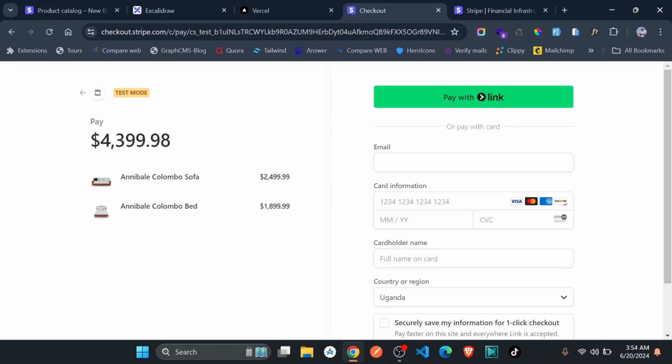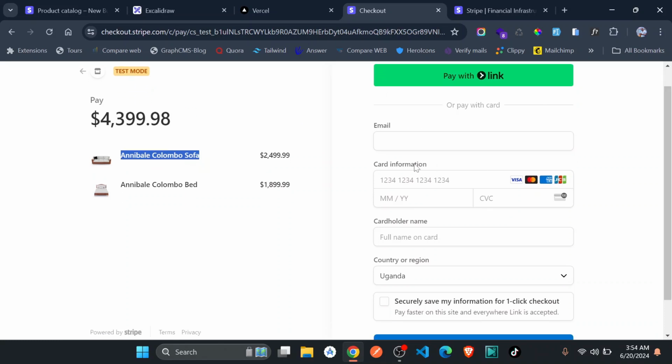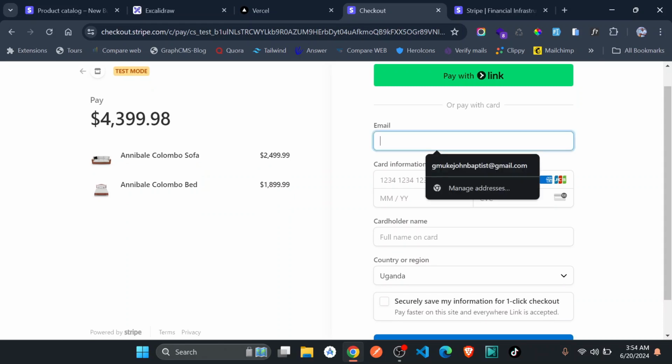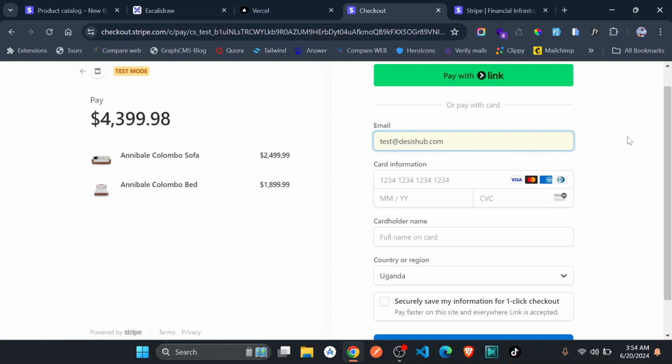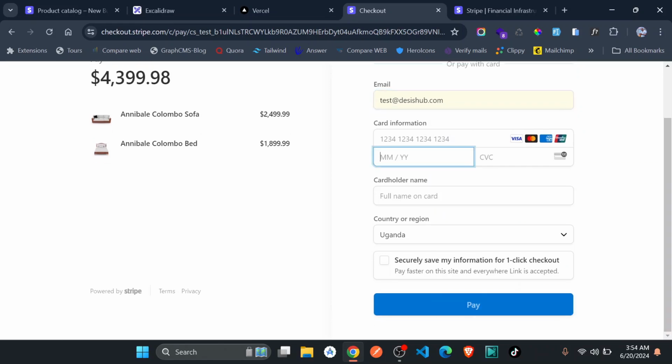this page, and we are capturing the products very well, including their images. And of course, we are in test mode. I'm going to put in any email you want here, maybe test at this hub, and then go ahead and plug in the card. The card for testing is always